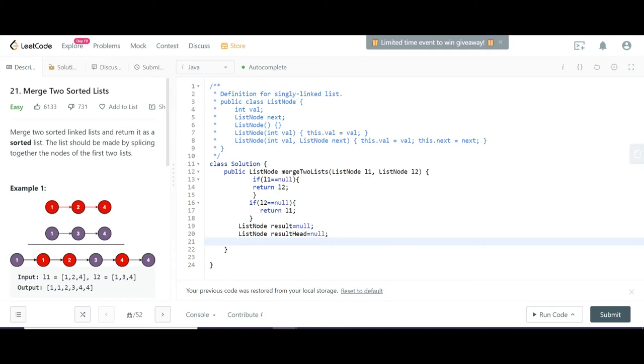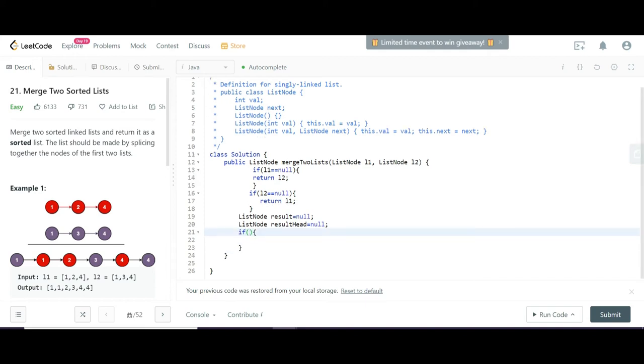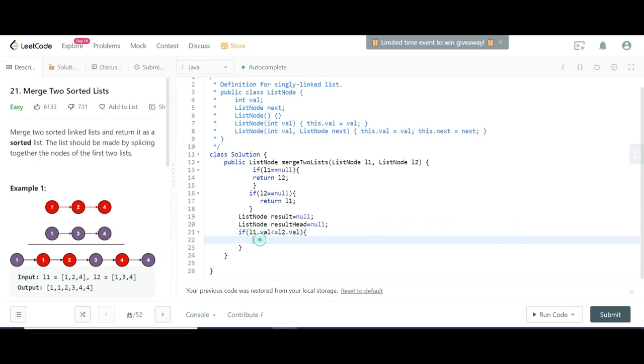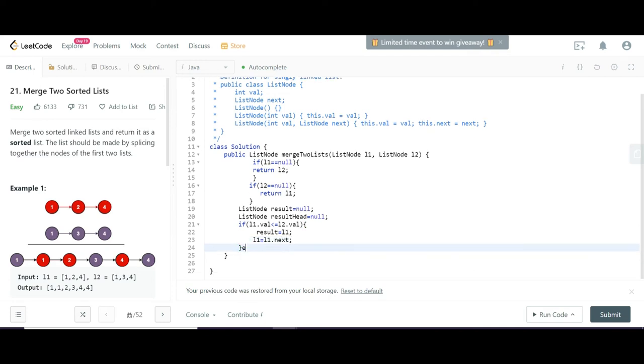Then we can start with the check. If L1 dot val is less than or equal to L2 dot val, at that time we define the result as L1, and then we do L1 equal to L1 dot next. The opposite thing is true for L2.